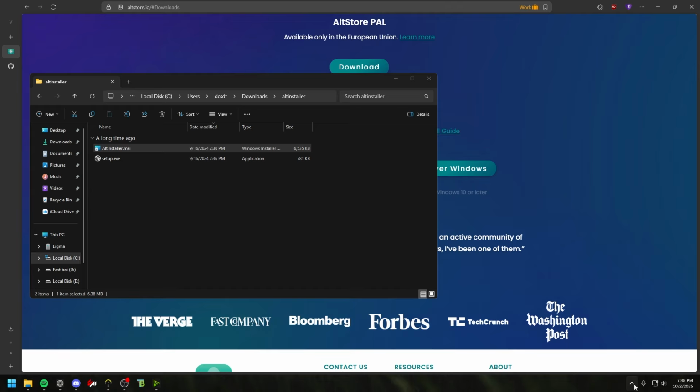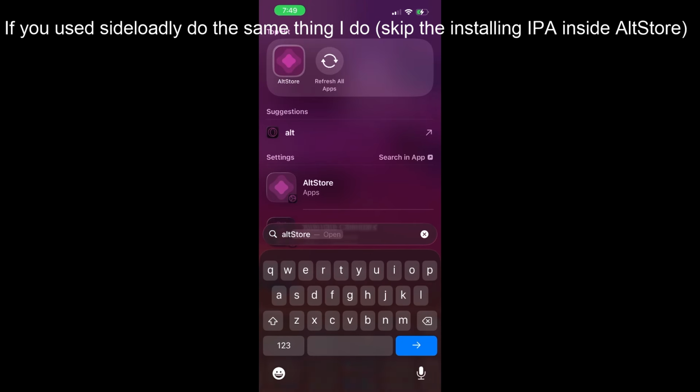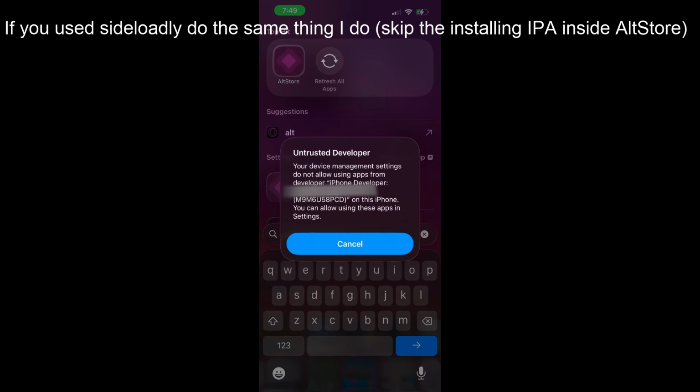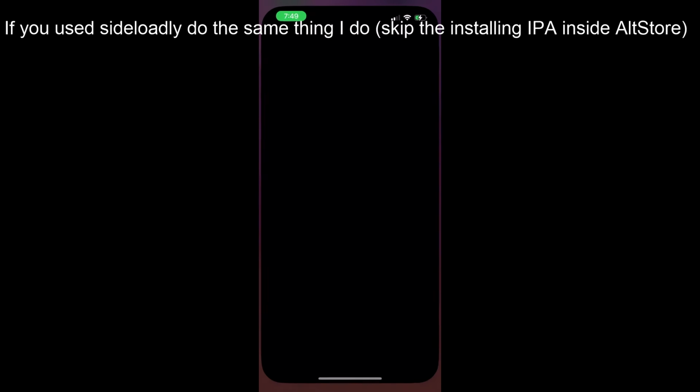Let me move you to my phone really quick. Okay. So I'm connected to my phone, so you should be able to see my phone now. If you have the altstore app, it should be right here. If you changed it in settings so it doesn't show up, just swipe down, altstore right there. It's going to say this, you have to trust it. It's going to be your Apple ID, so just go to settings,